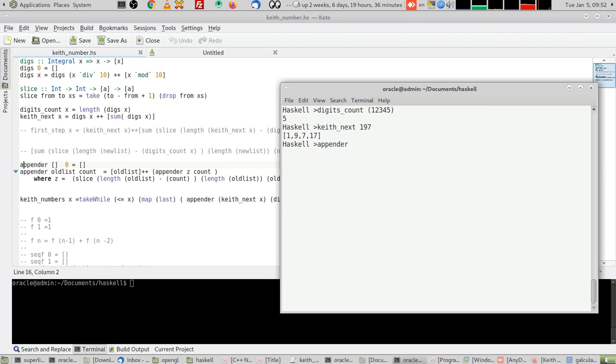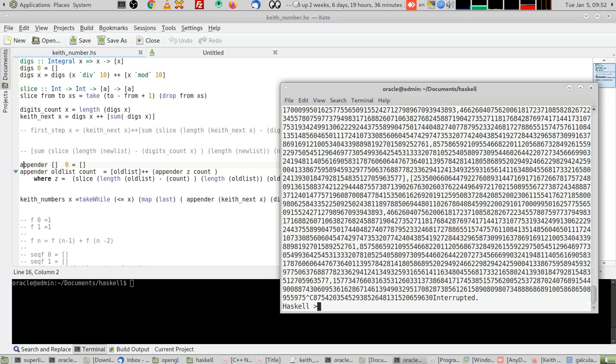So the old list is the key next of 197. The count for the 197 is 3, because we have 3 digits. Then if I put it, see, it will take forever. It will go forever. So what I did is, just for example, just to let you see it, take